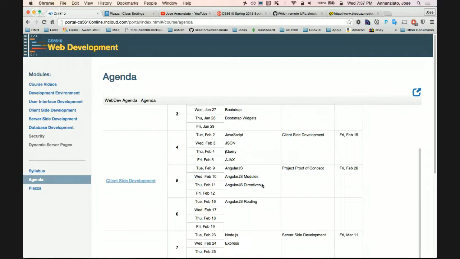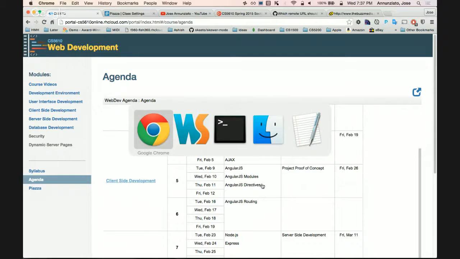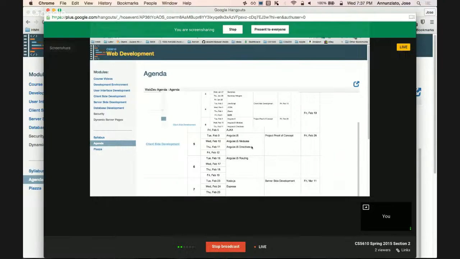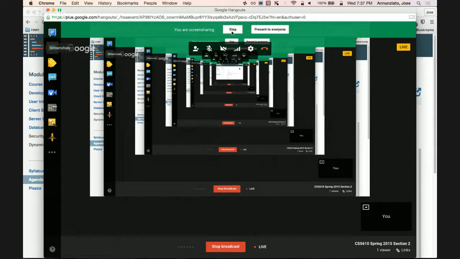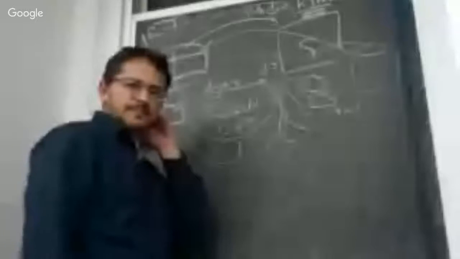AngularJS builds on this design pattern, so let's review it real quick.